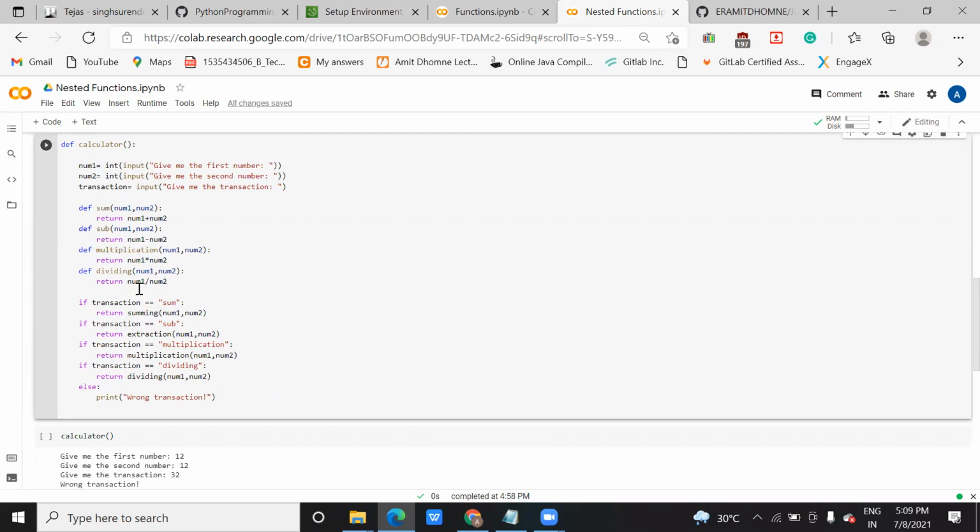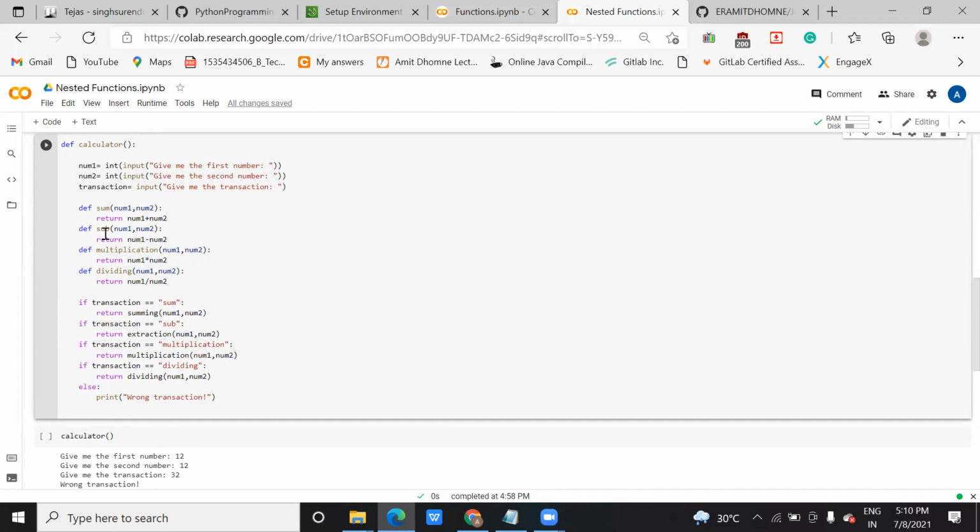So here, as this sum is equal to num1 plus num2, when the user calls it here, the flow will go back here. Based on that, it will ask the user to give input: first number, second number. As he gives the input, it will perform some operation based on the num1 value and num2 value.